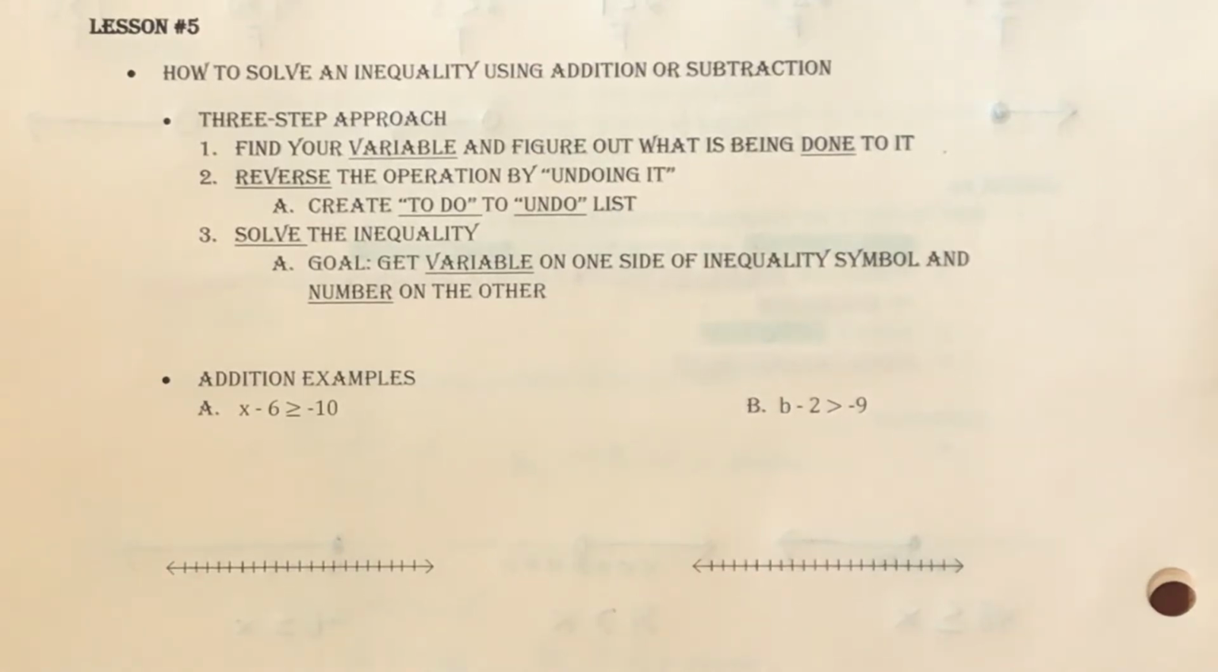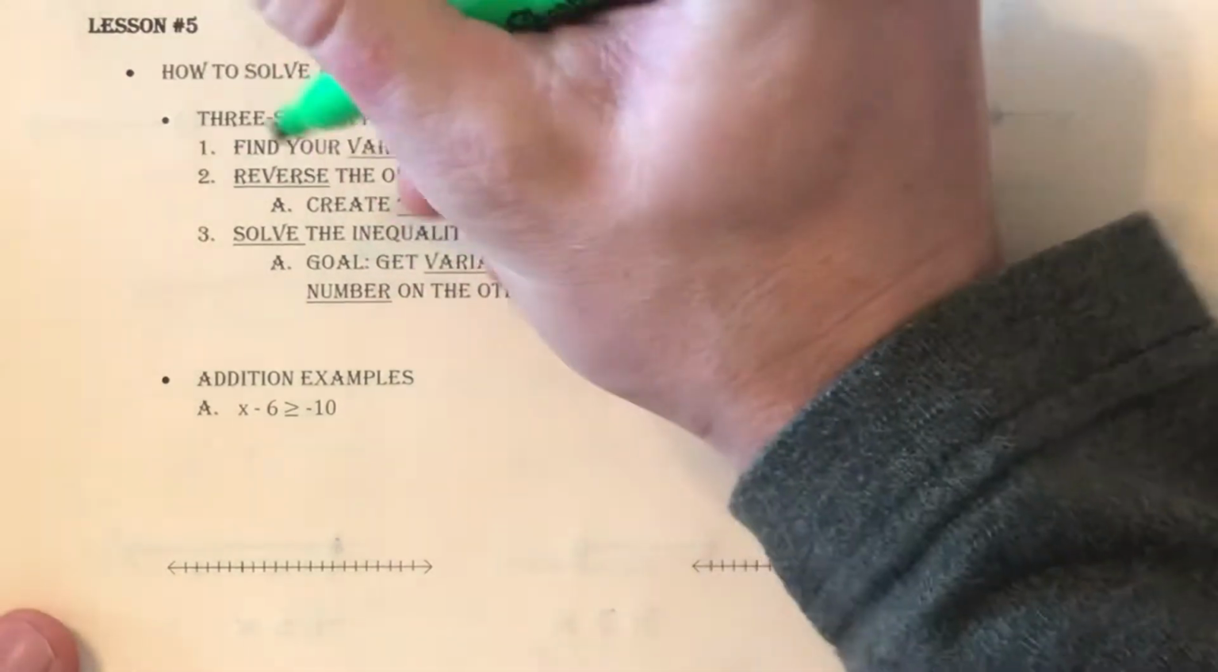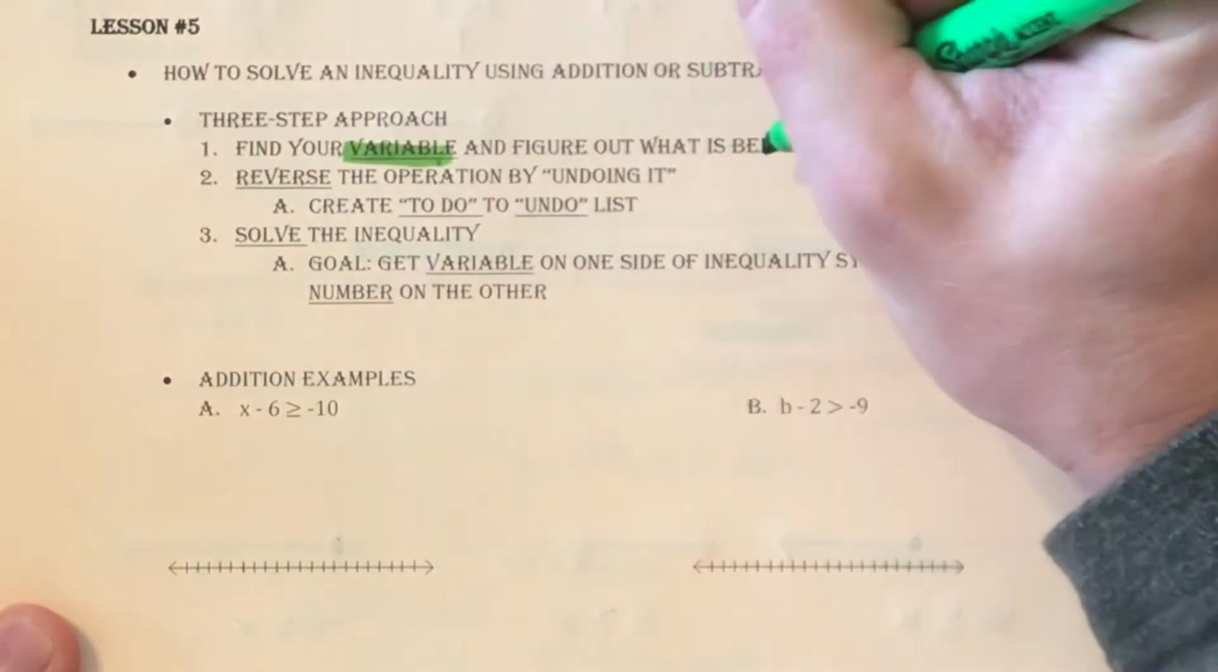So we're on to lesson number 5 in chapter 2b, which is all about solving linear inequalities. And so in lesson number 5, we're going to start talking specifically about how to solve inequalities. And so within this, we've got kind of a 3-step approach that we're going to go through to solve these inequalities. Our first step in that is we need to find our variable and figure out what's being done to